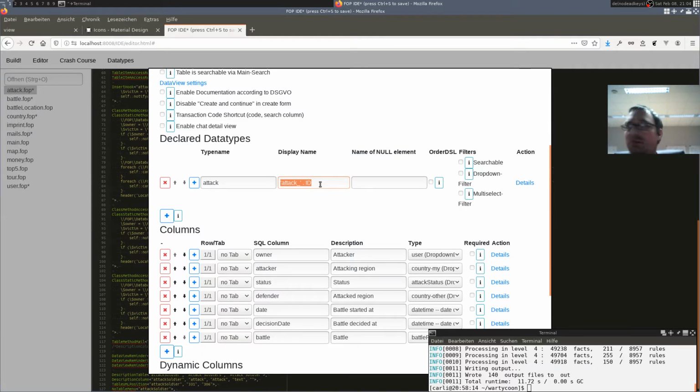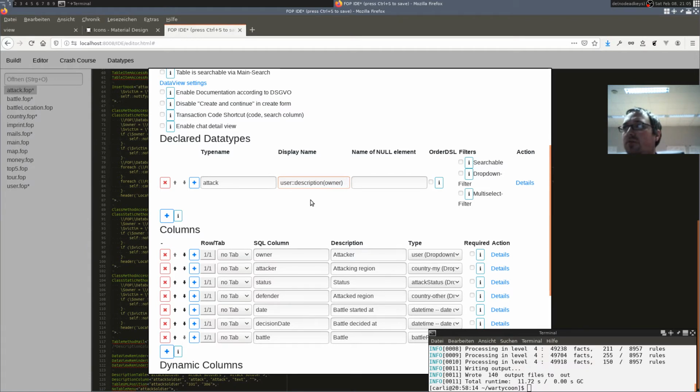So user description owner, attack defender, country, other, description, defender. Okay,